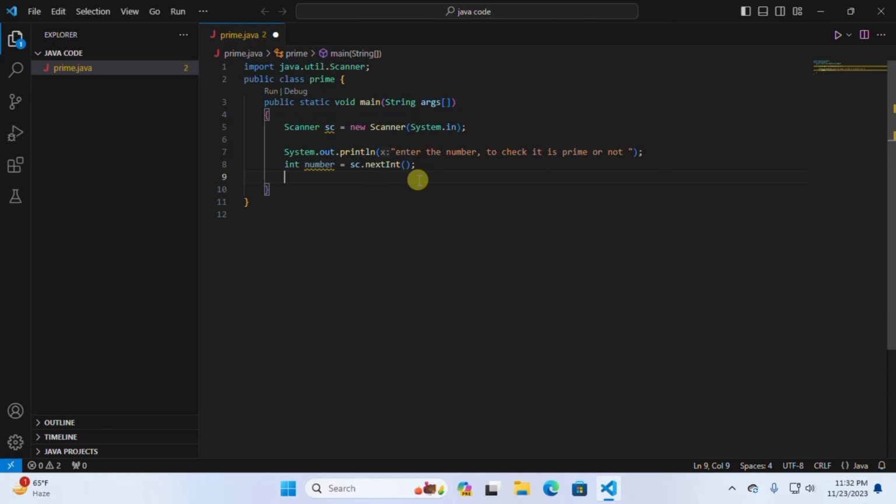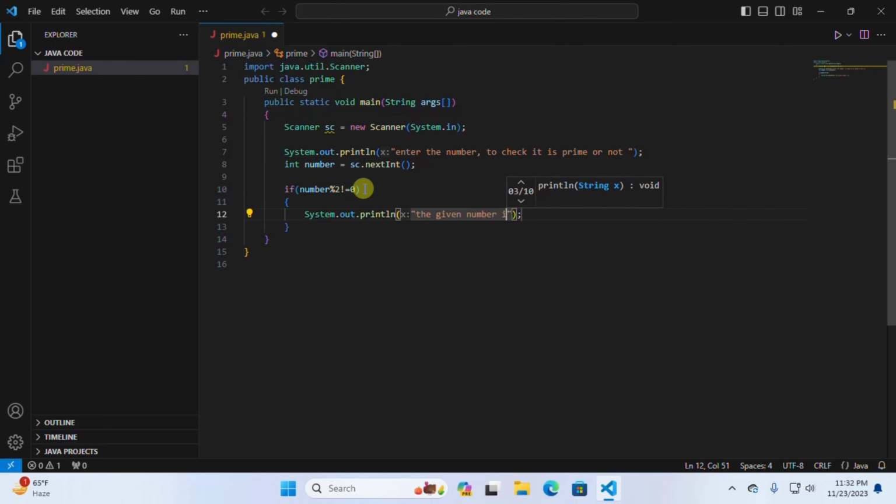Now we will check if the input number is prime or not. So let's do it. To do this we will use an if-else condition. So let's do it: if number modulus 2 is not equal to 0, then we will print System.out.println("The given number is prime number"